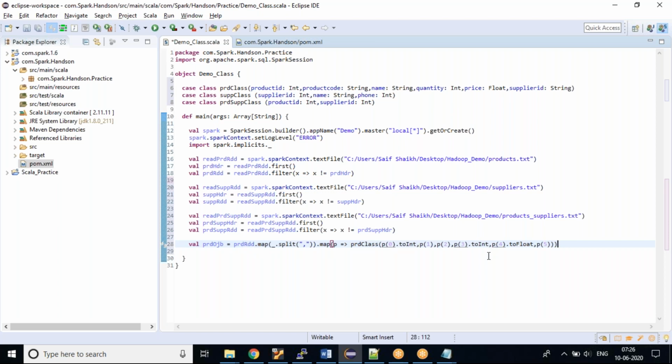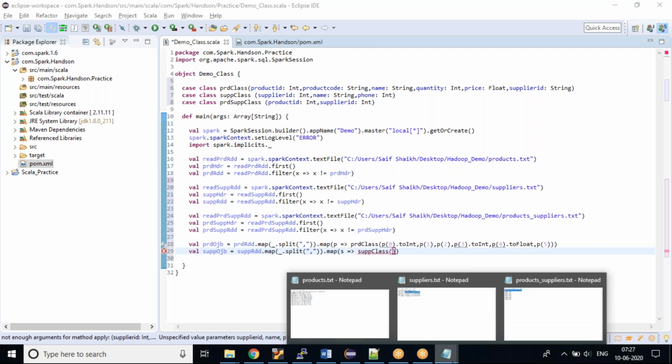The same thing I need to do with the supplier object. So what is the RDD? This is the RDD after removing the header. I'll be applying the same function over here, so let's copy and paste to save a little bit of time. I would be using a map function. You can use any variable name, it's just a nomenclature. Again, I'm using a lambda function over here. What is my class name? My class name is supplier class. So in this I need to map.